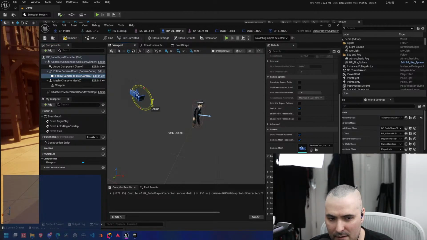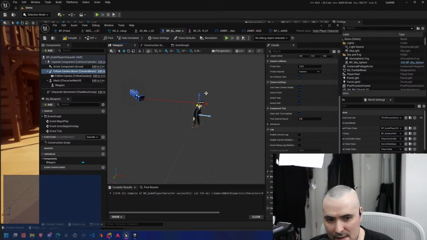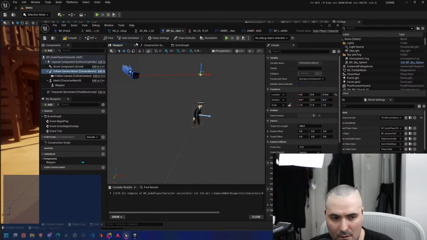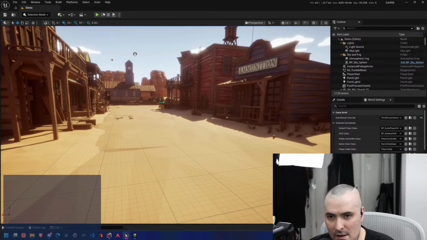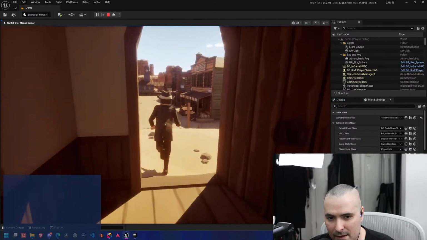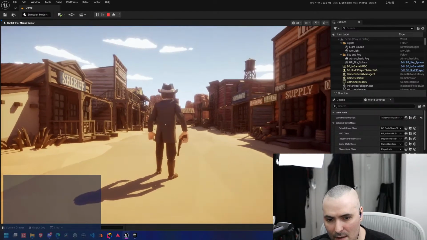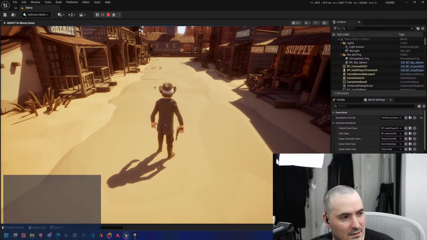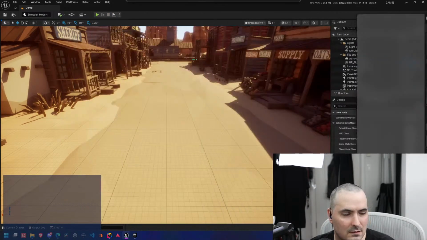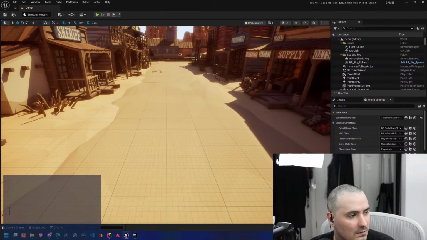This one will do it. We say a 30. Then we just need to bring this up more. Now if I hit play, let's see what this looks like. There we go. That's a bit better. Still staring at his ass, though. Was 30 not correct?